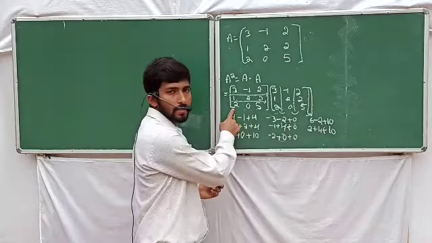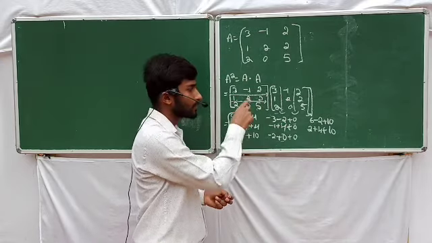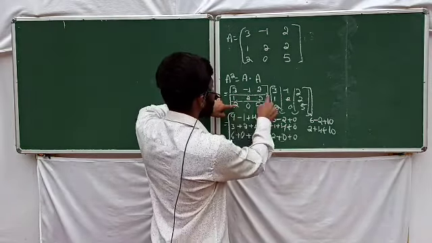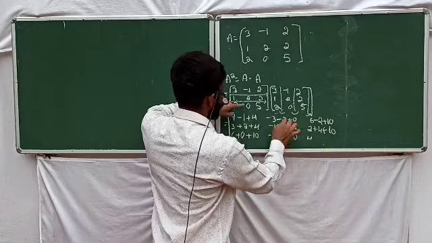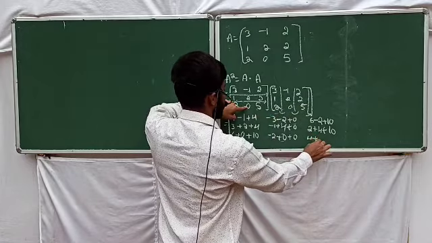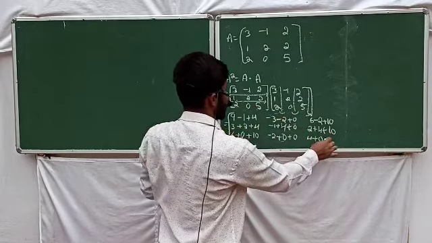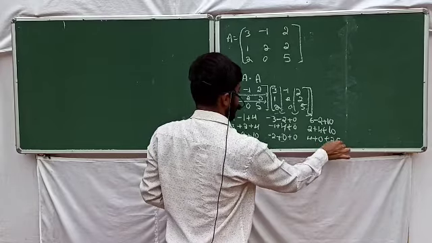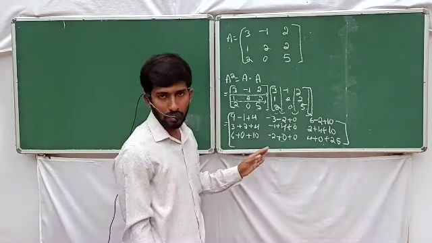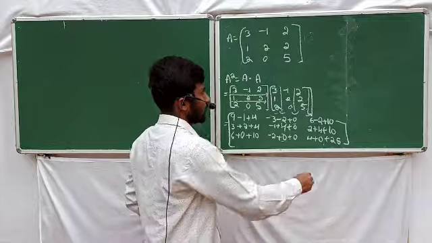Next, last entry, row 3 into C3. What you will get? 2 into 2 is equal to 4. 0 into 2 is equal to 0. 5 into 5 is equal to plus 25. Okay. Now, simplify this data. What you will get? See,